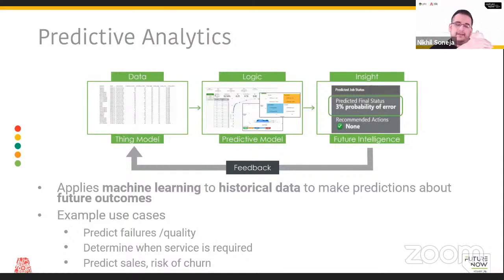So based on all the device sensors, you could predict when it's about to fail, or if some error is happening, or whether we can expect it to be working properly. All these things can be predicted rather than just observed. So thanks to machine learning, we can do all that. So we have a few example cases.